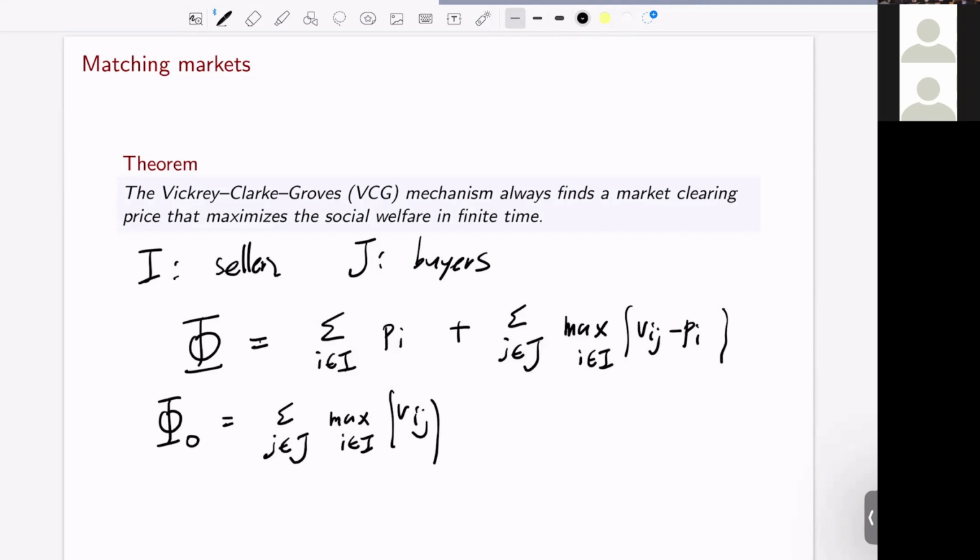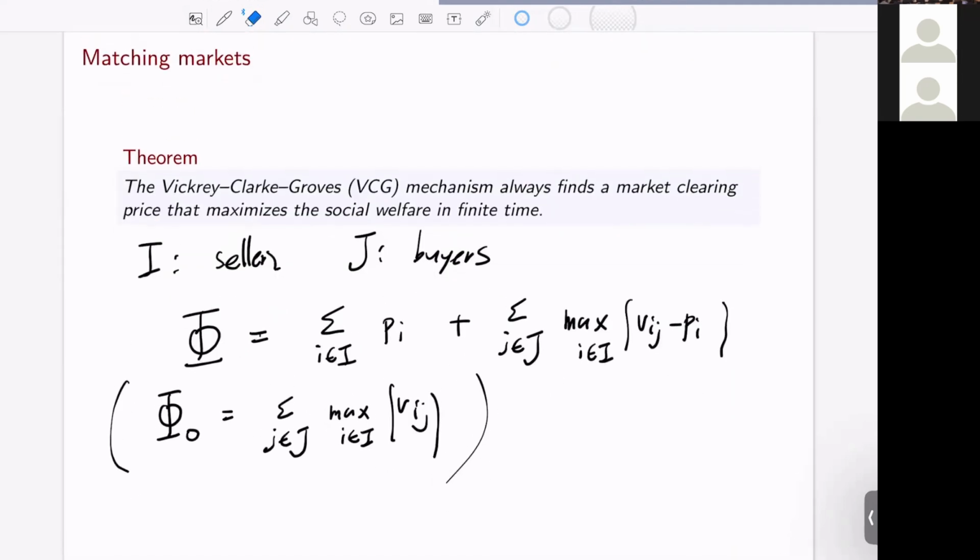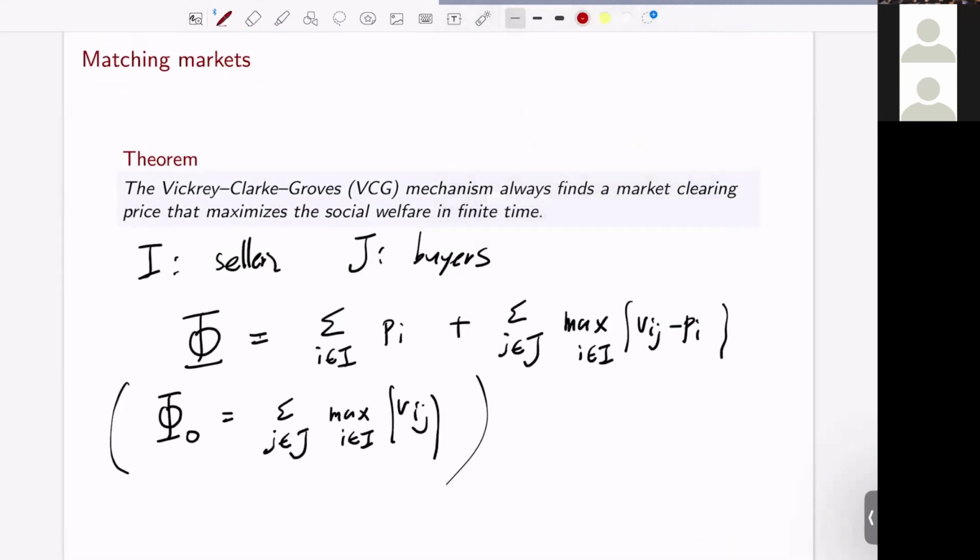Okay. And my claim is that the potential always decreases. Okay. And that will guarantee the finite termination of this algorithm. Okay. So the reason is that this thing and this thing. So this thing increases by